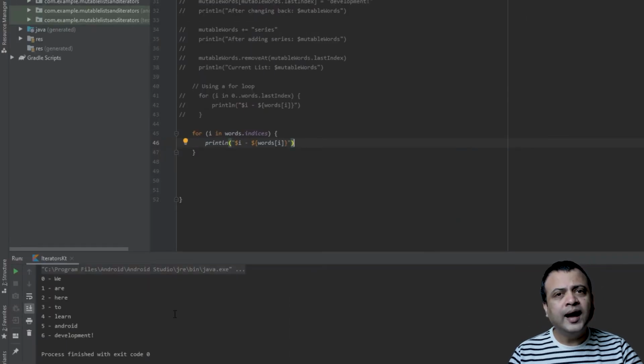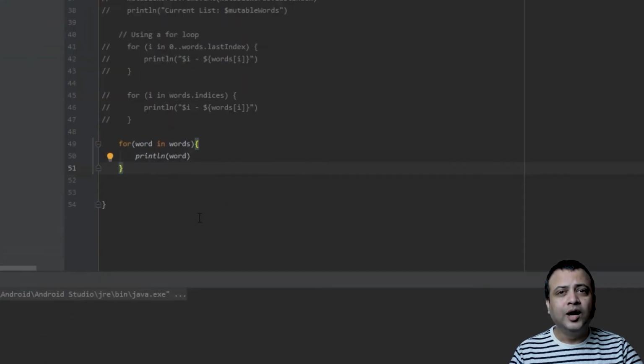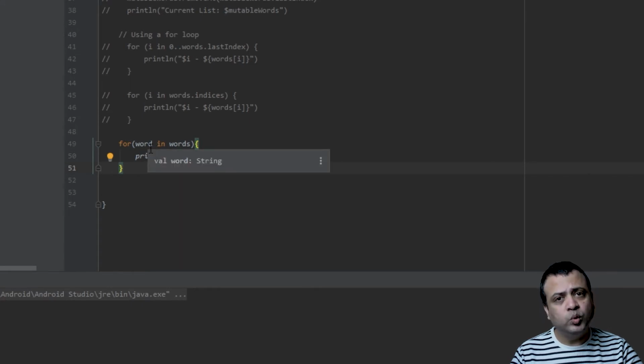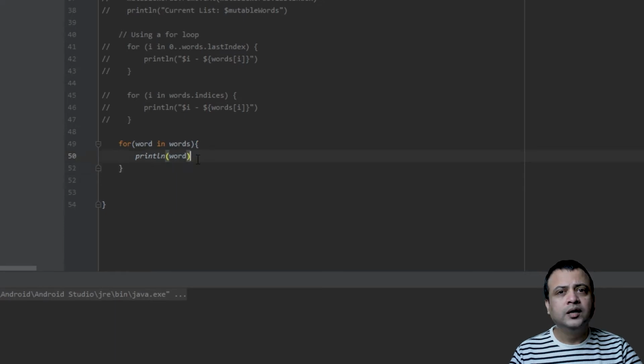The outputs are identical, so it works exactly the same way, just that this is a better approach compared to the previous one. Now, let us look at an even better approach. On line number 49, I am asking the for loop to iterate over each of the elements of the words list, and I am storing each of those elements within the variable named word. And then within the for loop, I am simply printing that word. Now let me run this program to demonstrate that this method works as well.